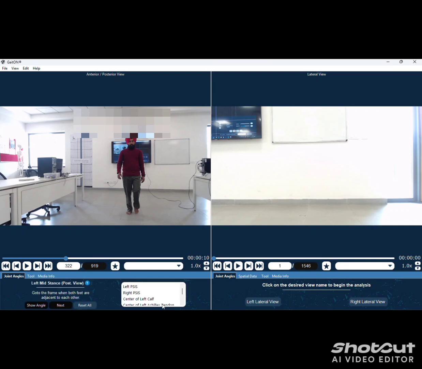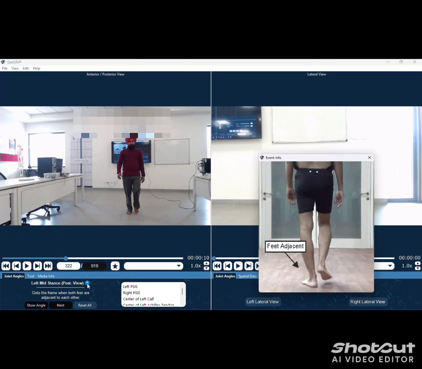Click on posterior view. So again we go to the blue question mark symbol and see the posterior view posture in the example image. Now we move the subject frame by frame from the posterior view and check the feet adjustment as shown in the image.